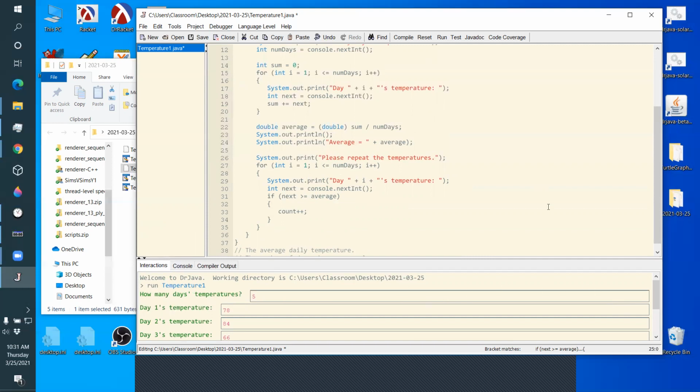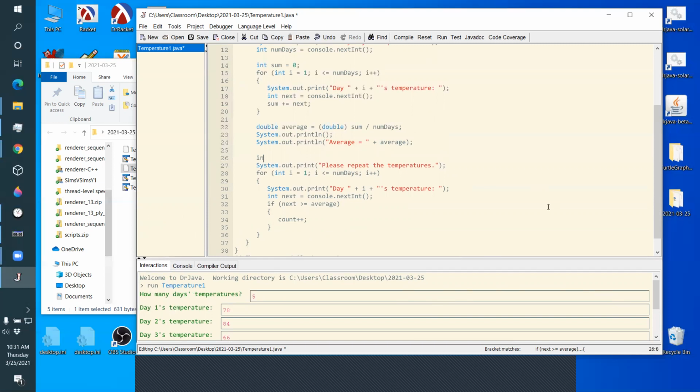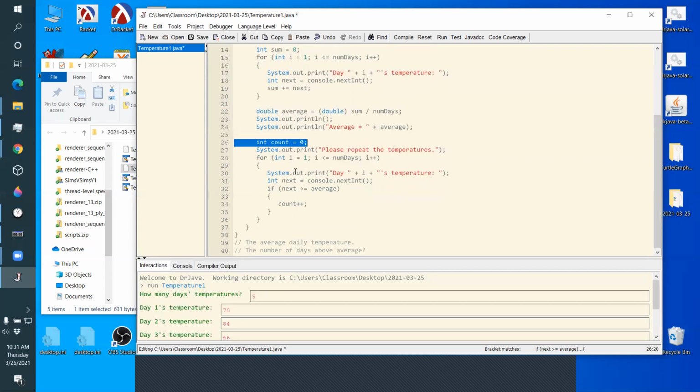But that means I need a variable now called count. So I'll create a variable count equal to 0. That's going to count the days above average. So I start out with 0 days above average. Then I go through here. I ask the user to give me the numbers again. They go through their data again. And now when I read a number, instead of adding it into the running total, I say, well, if the temperature is above average, I count it. When this loop is done,